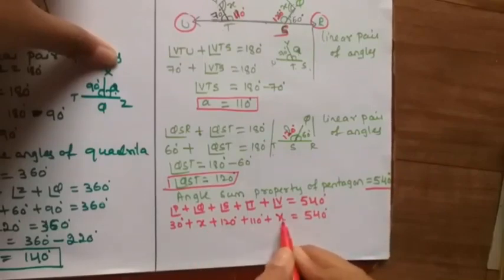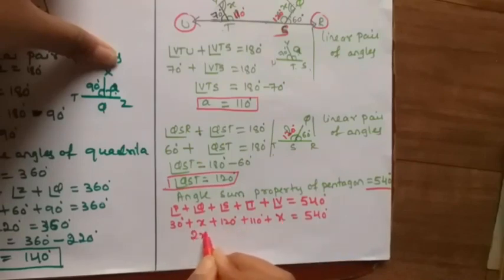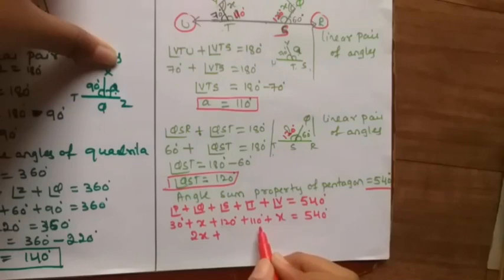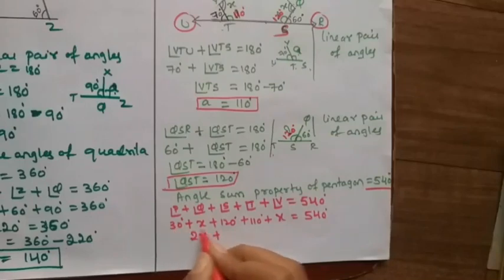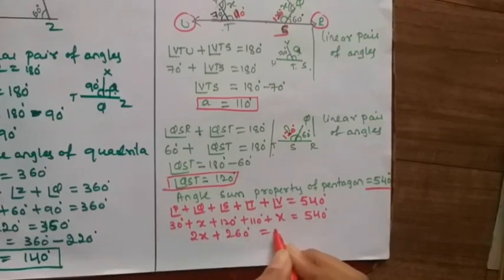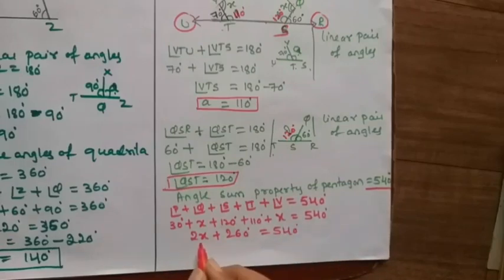x plus x, total how many x are there? 2x. Here we are going to add these two, means we get 2x. Keep plus as it is. 120 plus 30 degree is 150. 150 plus 110 is how much here? 30 plus 120 is 150 degree. 150 plus 110 is 260 degree, which is equal to 540. 2 into x, which is a variable, so we should keep as it is, which is equal to 260